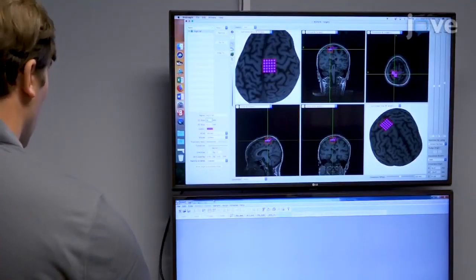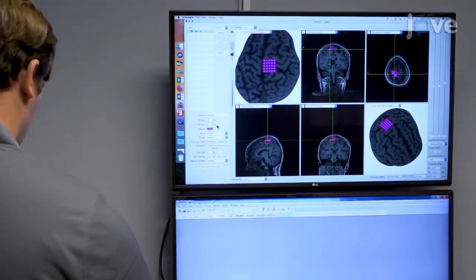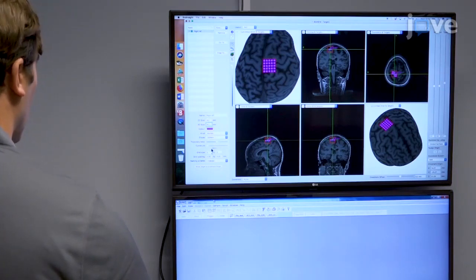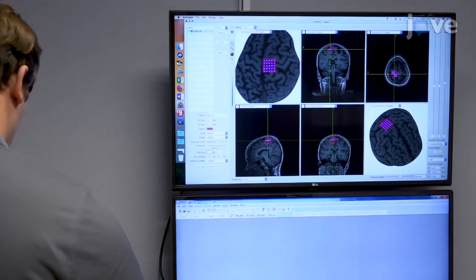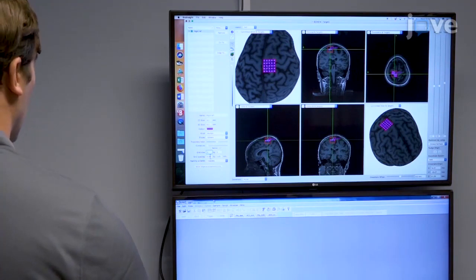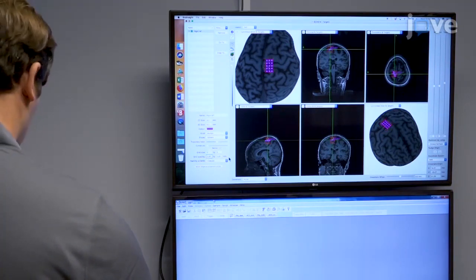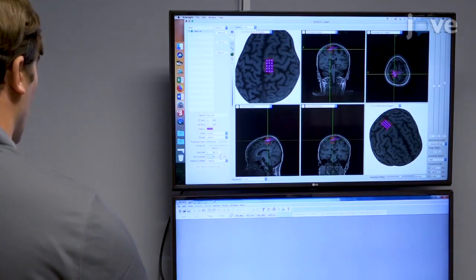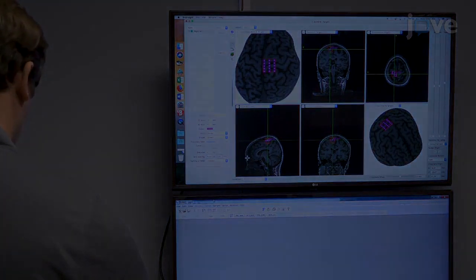Now place a rectangular grid over the leg motor area in each hemisphere. Position the centered row of the grid at the center and over the gyrus of the leg motor cortical area. Then position the medial column of the grid parallel and adjacent to the medial wall of the